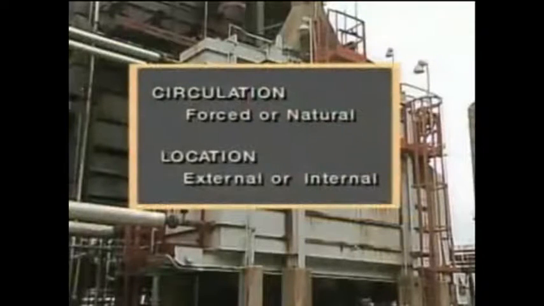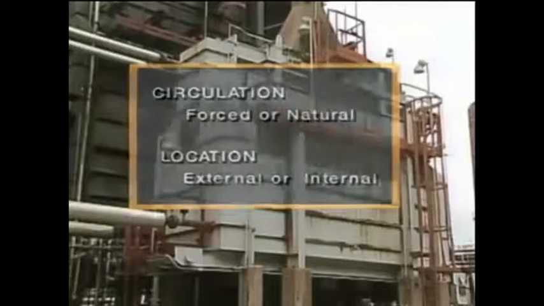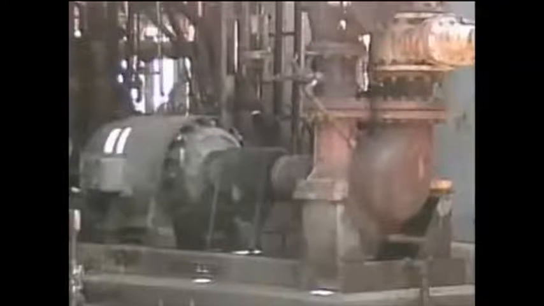This type of furnace is known as a fired reboiler. We can use an illustration to see how this system operates. It includes the bottom of a distillation tower, a fired reboiler, and a pump. During operation, part of the liquid from the bottom of the tower is pumped to the reboiler, where it is